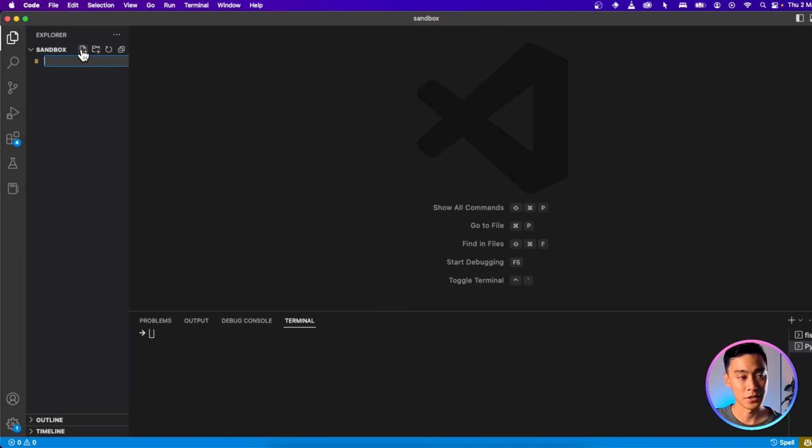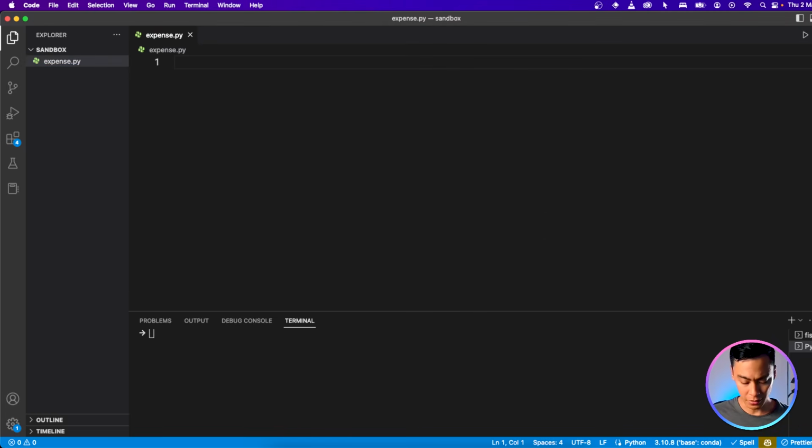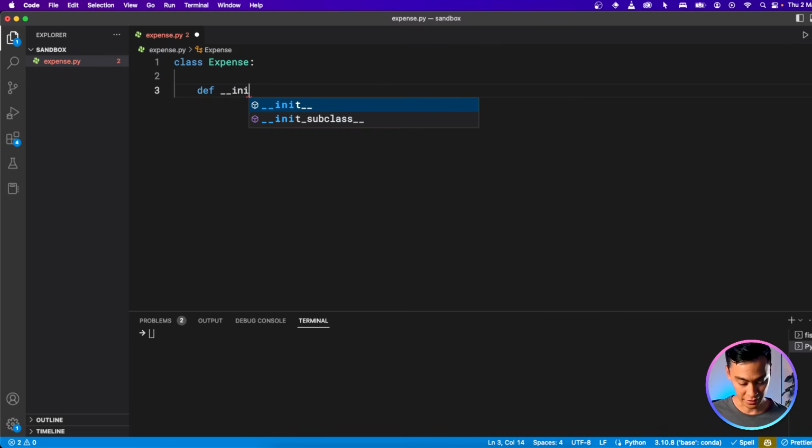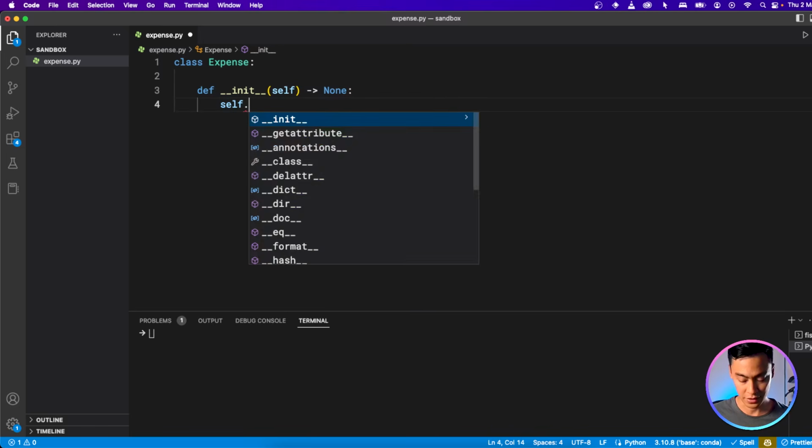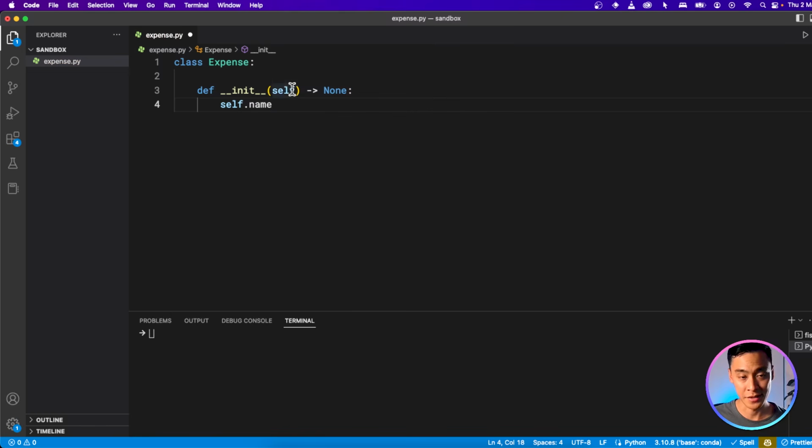So once we have that, let's create a new file. The first file I'm going to create is the expenses class. I'm going to call this expense.py. Here it's going to be the class that stores our expense information. And if you recall, classes need a constructor method. So that's def and then init. And we need three pieces of information with our expenses. So we need self.name, and we have to pass this in through the constructor.